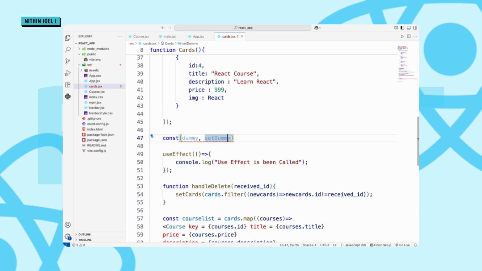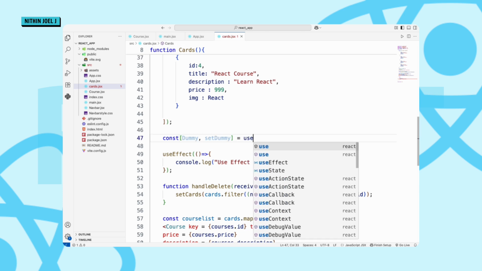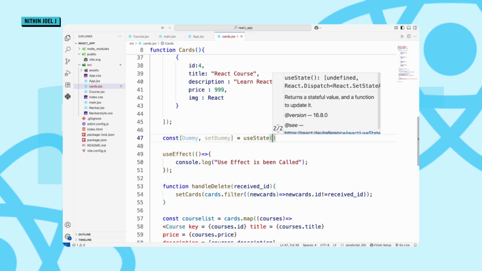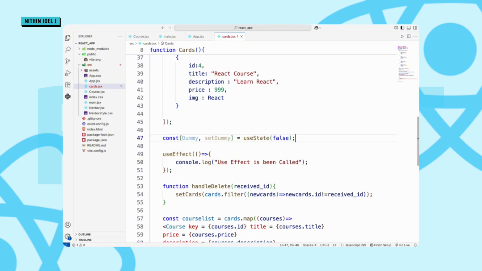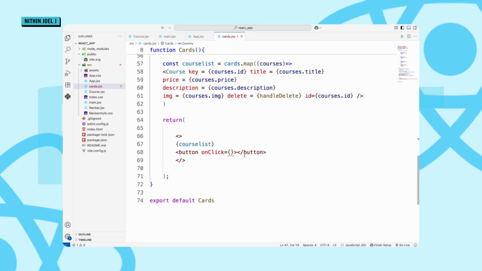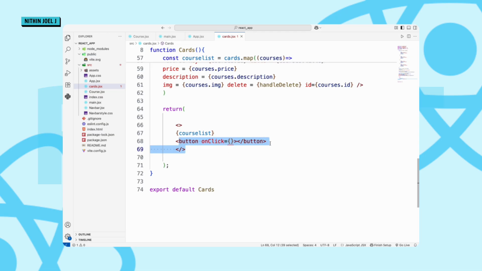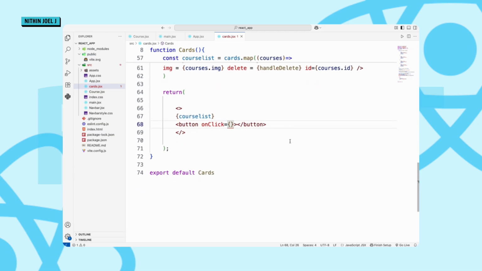Okay, this should be in caps, I guess. Yep. A dummy comma set dummy is equal to useState false, or else true. Okay, let's keep it as false itself. So you have created a useState variable which is dummy. Now once this button has been clicked, I'm just gonna use this onClick property and mention over here